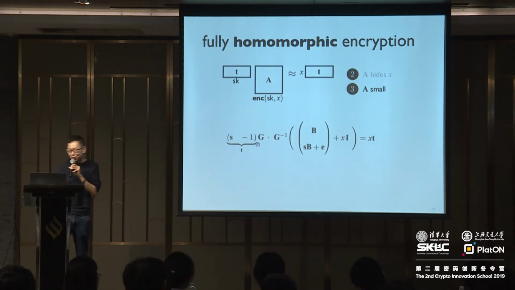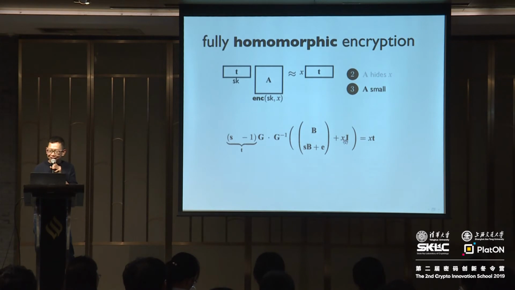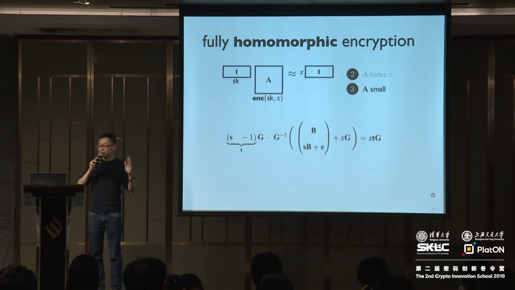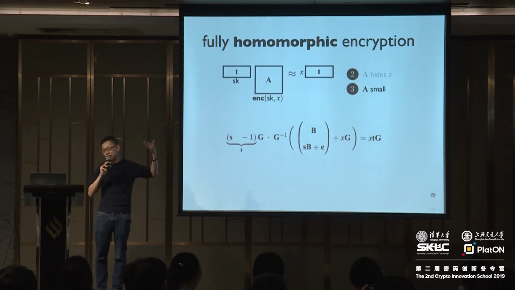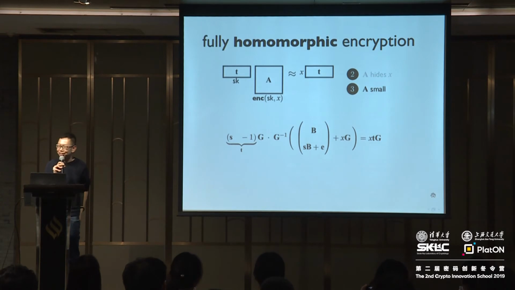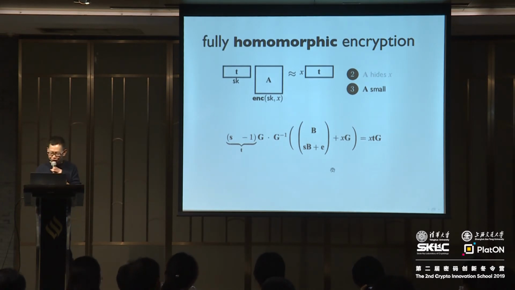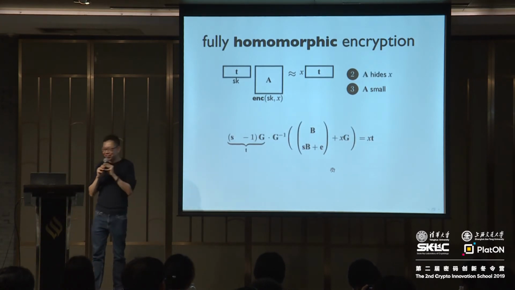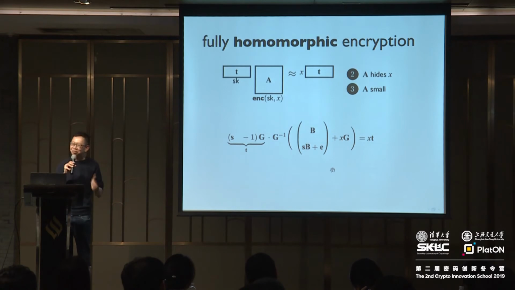Okay? Now to fix this problem, turns out what you can do is basically take this I here and replace it by G. Alright? If you replace the I by G, which is a much wider matrix, you also need to make B wider, but that's fine, but the LW assumption is still random. And now you have the property, if you replace the I part by G, on the right hand side you actually get that by G. And now if you define T to be your original T times G, then you get back the equation that you wanted above. Okay? And you simultaneously satisfy all of the requirements.